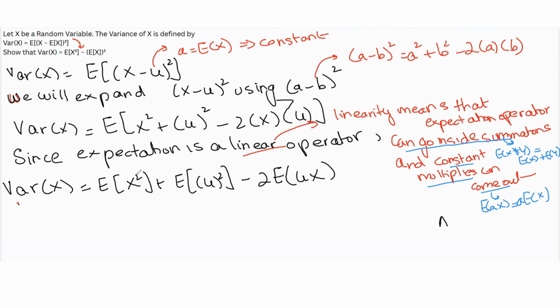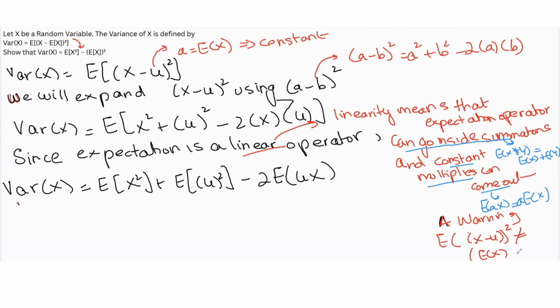So just a warning, let's quickly do it. A warning: this is not true. The expected value of (x minus mu) whole square is not equal to